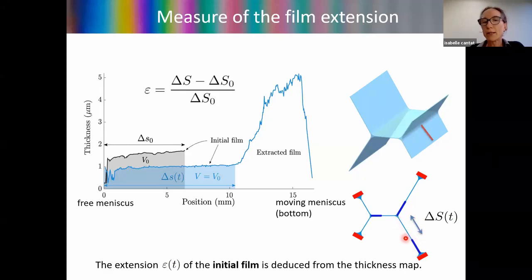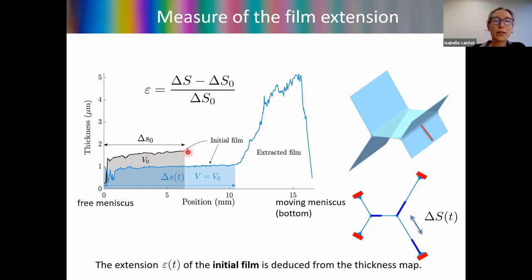And the initial film that is represented here is a very well-suited material system that you can follow during its deformation. So the aim is to determine the size of the initial film as a function of time with some precision. And to do this, we recorded the thickness along this line, which is plotted here. And we used the volume conservation of this initial film, because you know water is incompressible. And the volume is simply the area below this curve.